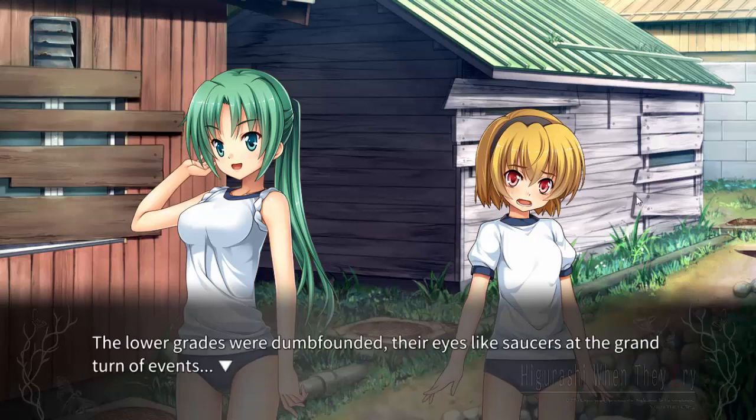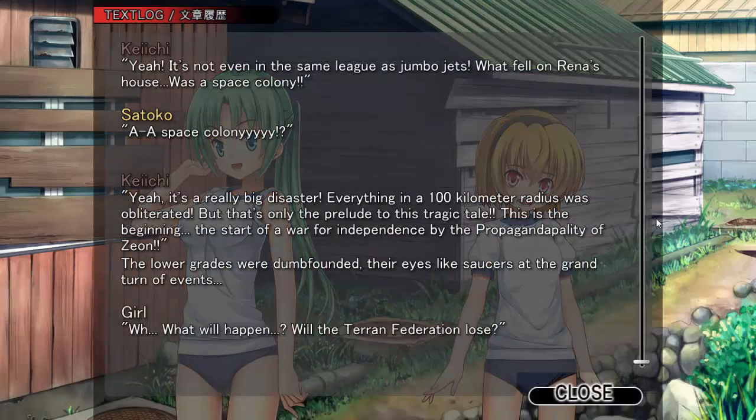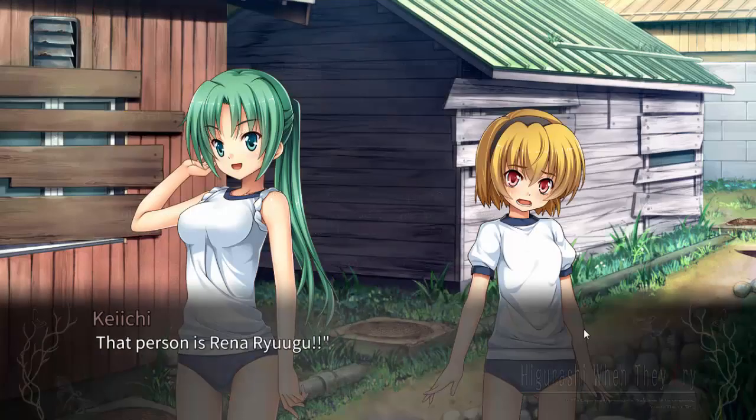The lower grades were dumbfounded, their eyes like saucers at the grand turn of events. 地球軍って私たち宇宙人と戦争でもしてるんですか？ このままでは地球は壊滅だしかしレナならそう地球軍のトップエースそれがリュウグウレナなのだ